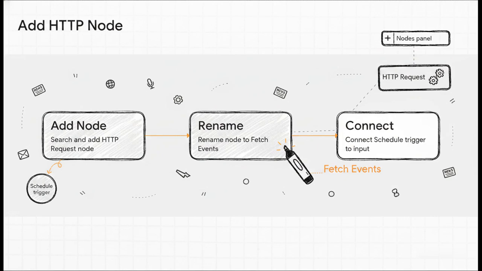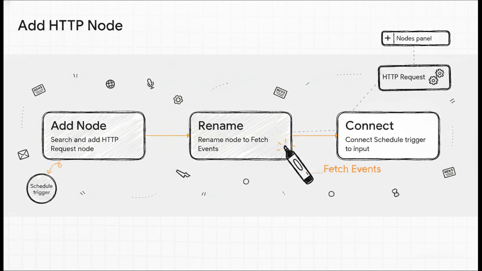Just type HTTP request right into the search bar and drop that node into your canvas. Now, as a standard best practice for workflow maintenance, you should immediately rename this node to Fetch Events. Trust me, using clear naming conventions will save you hours of debugging later on. Finally, just click and drag a line to connect your existing schedule trigger straight into the input of this brand